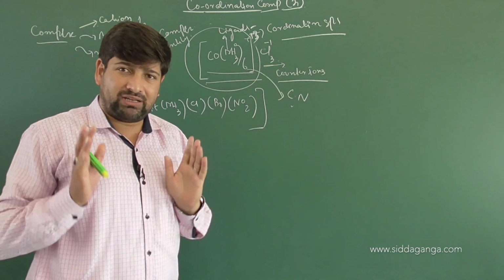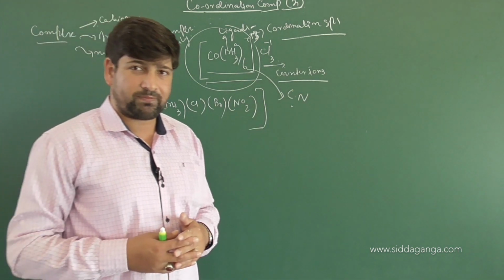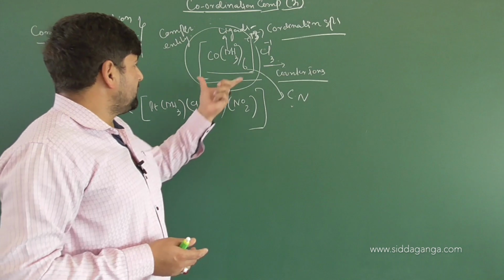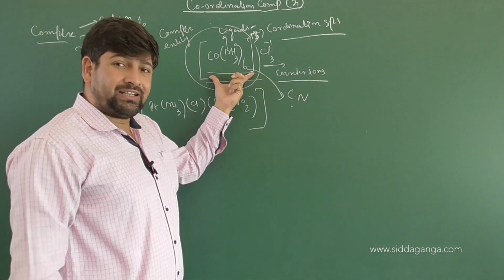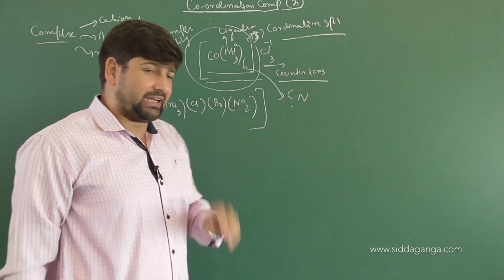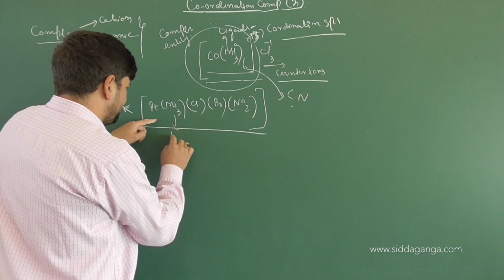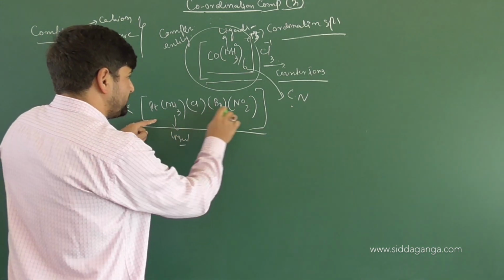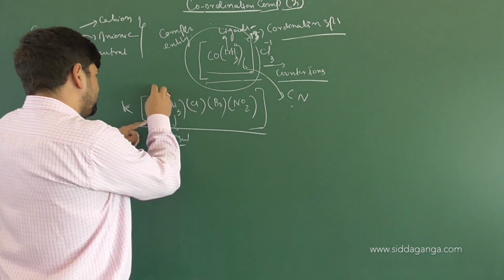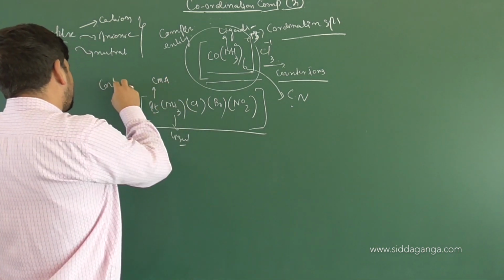Whenever you have to name this compound, because that will be our next discussion, nomenclature of coordination compounds, which part do you name first? The cationic part, whether that cationic part is a simple cation or this, which is also a coordination compound. What are these? Ligands. These all are ligands. What is this? This is the central metal atom. And what is this? This is again the counter ion.